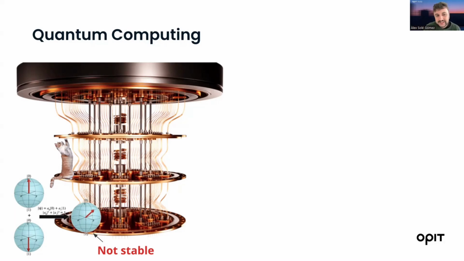So what we are interested in is finding materials that are more stable, because this superposition state is stable, but only for a few milliseconds or nanoseconds. After that, it either collapses to 0 or to 1. It's like in the Schrödinger paradigm: you open the box and you see if your cat is dead or alive, okay? But what you want is to stay as much as possible in this state of superposition in order to read or write your message. Because if you are not able to read or write the message during the superposition,